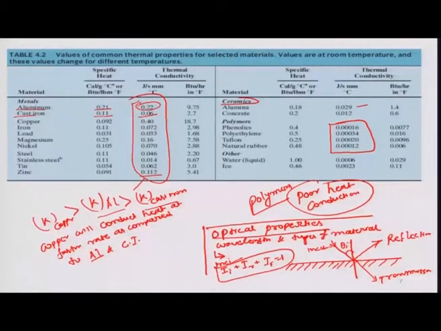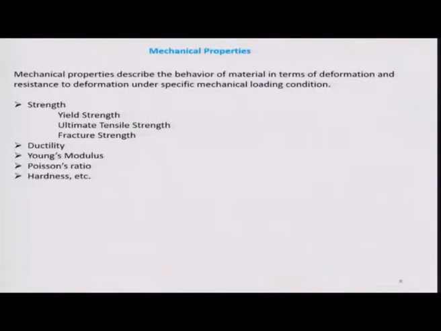Some materials are very reflective in nature, some materials possess very poor reflection. So these properties are important if you want to design, suppose, a microscope, for example microscopic lens. So these optical properties will play a predominant role, but in this module we will focus only on our mechanical properties. Okay.